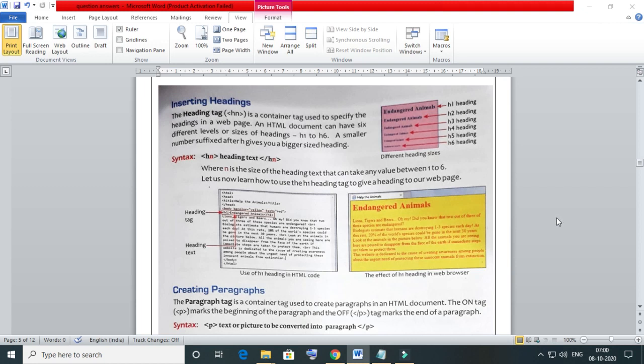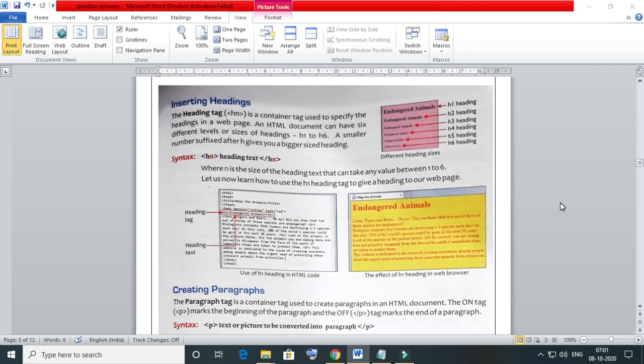An HTML document can have 6 different levels of sizes of headings, H1 to H6, and the biggest size is H1 and the smallest size is H6. So the syntax of